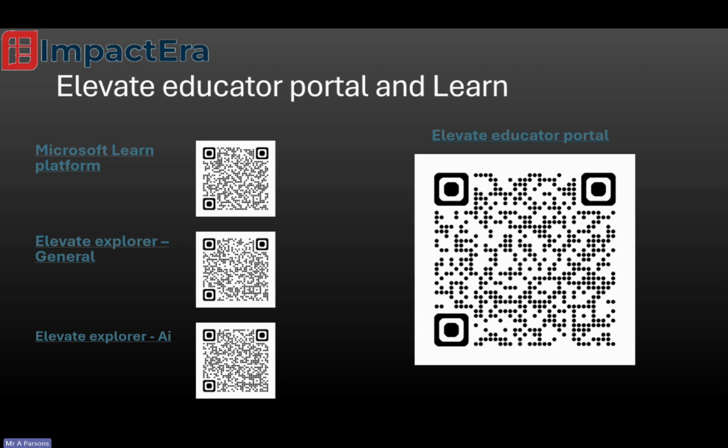But in terms of getting started and beginning your journey, there are 2 platforms that you need to sign up for if you've not done it already. The first is the Microsoft Learn platform, which is where all of the learning pathways and the courses are. And I've put links on here, and the QR codes link to the relevant places, or the links within the presentation should be live for you as well, so you can click on them. So you'll need a Learn profile.